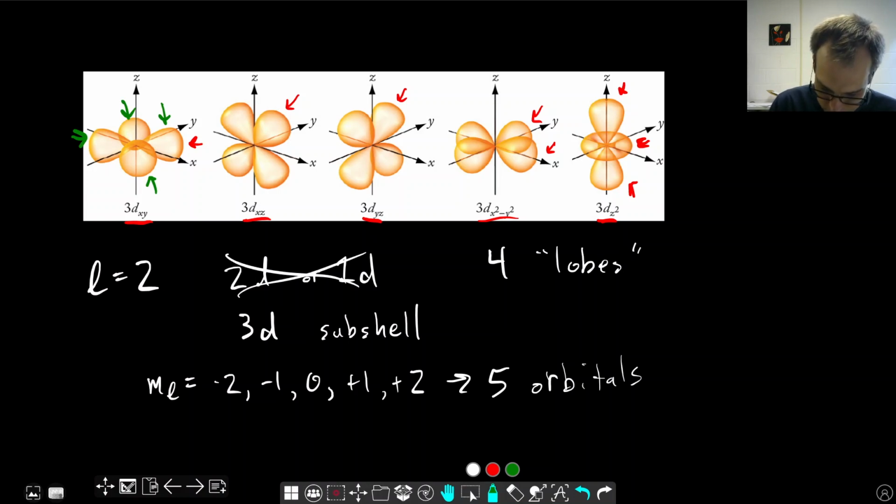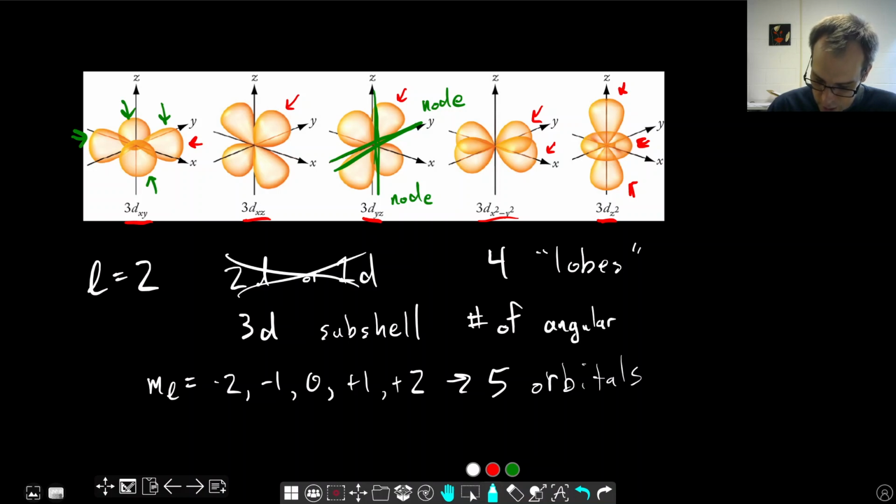And again, we have now two sets of nodes. It's probably easiest to draw it on this one. So we have one node that's right here, and another node that's up and down here. Now, something you may be noticing is that the number of what we call angular nodes is equal to L. Right, so now that we're at L equals 2, L equals 0 s orbitals had no angular nodes. We have these what we call radial nodes, meaning specific distances. But for L equals 2, we have 2 nodes now. So the number of angular nodes is equal to L,